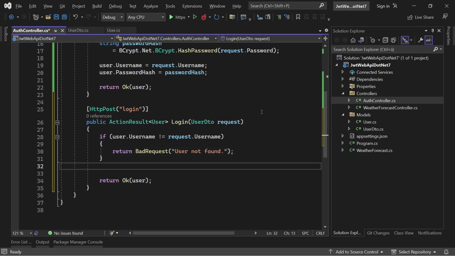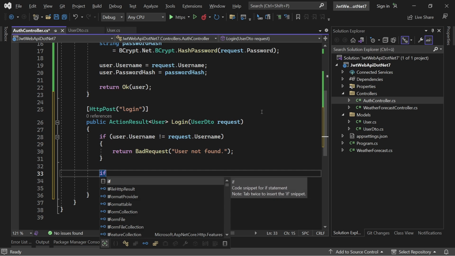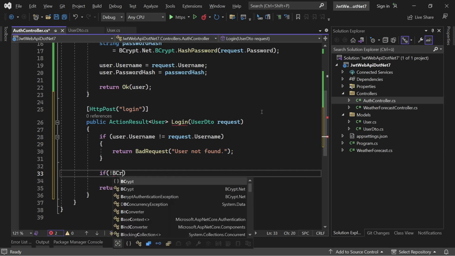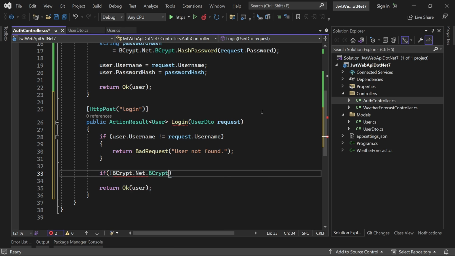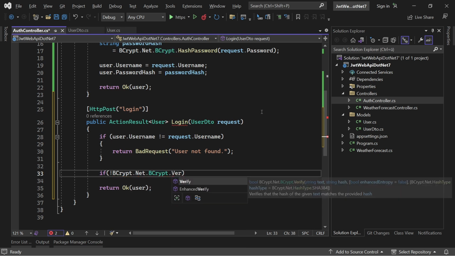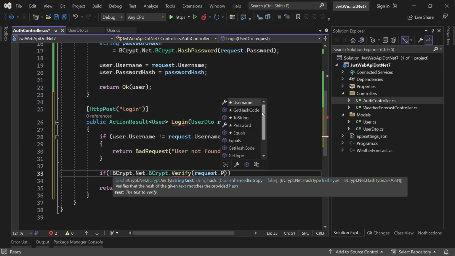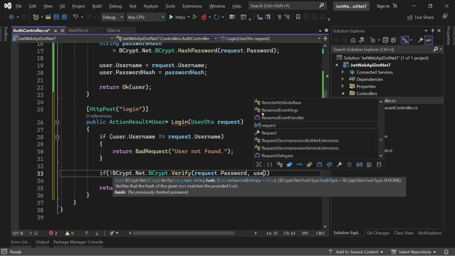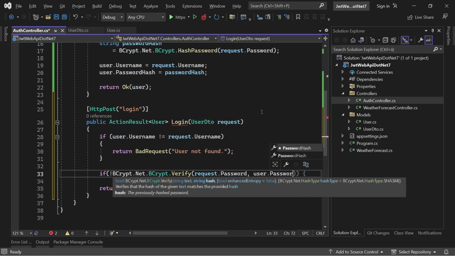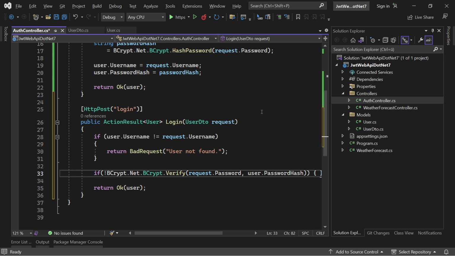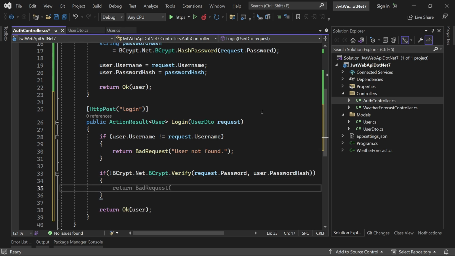All right, then verify. So now again, we use bcrypt here. And what we do now is BCrypt.Net BCrypt. And here we can call the method Verify. Verifies that the hash of the given text matches the provided hash. All right. And in here now, we only put our request password and then also the password hash value we generated earlier. And now if this is not true, so again, Verify returns a Boolean value here, then again, we return a bad request telling us wrong